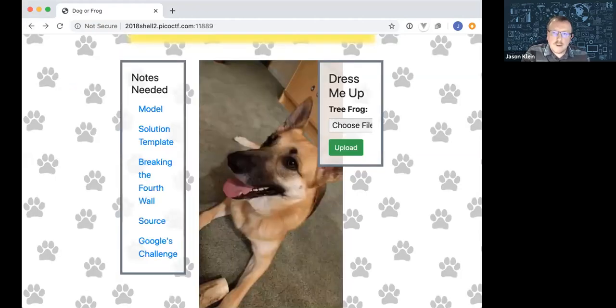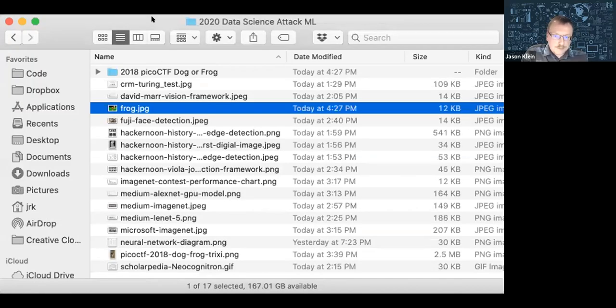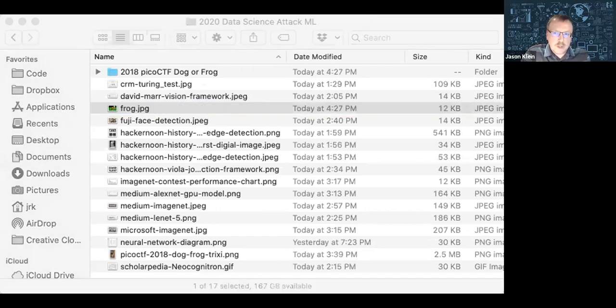Let me share a different screen here. I think it's this one. All right, hopefully you can see my little finder here. I might need to share my whole desktop. I'm just afraid the resolution is going to make your computers explode. Let me try to share a screen so you can see what I'm doing here.